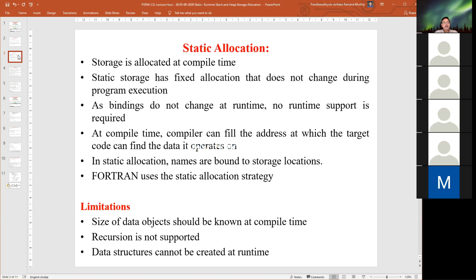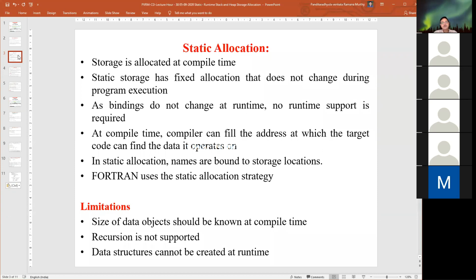So at compile time, the compiler can fill in the addresses at which the target code can find the data it operates on. That means at compilation itself, we are identifying the addresses.